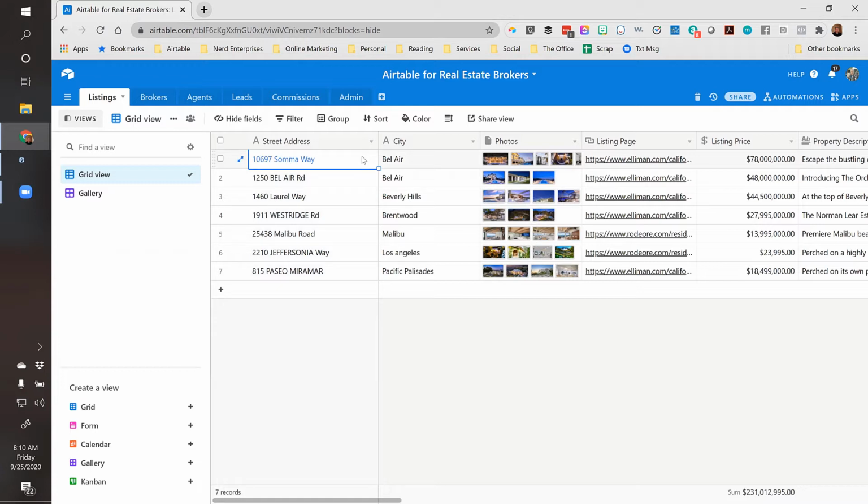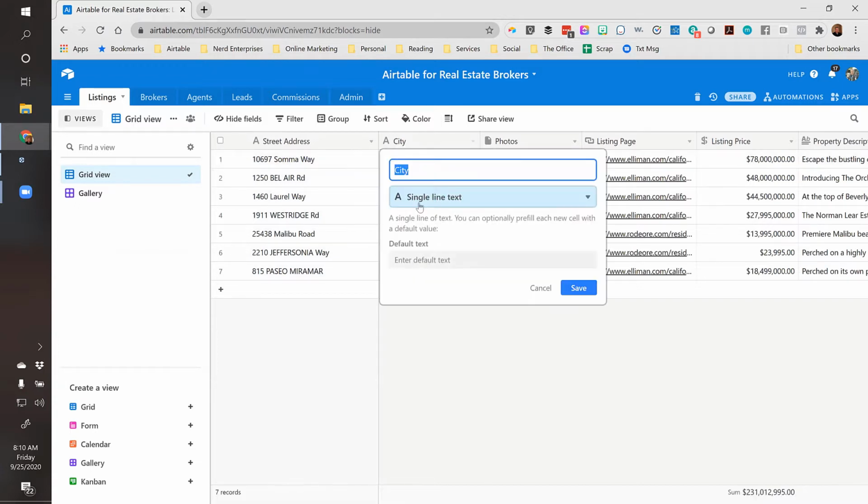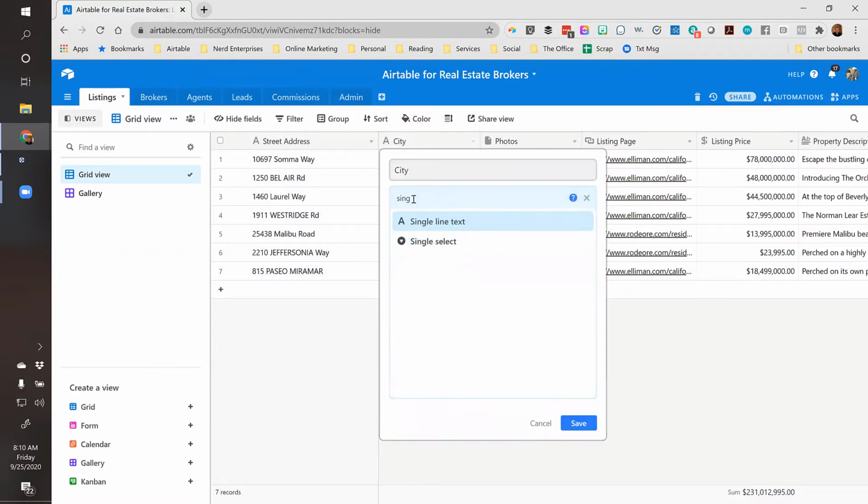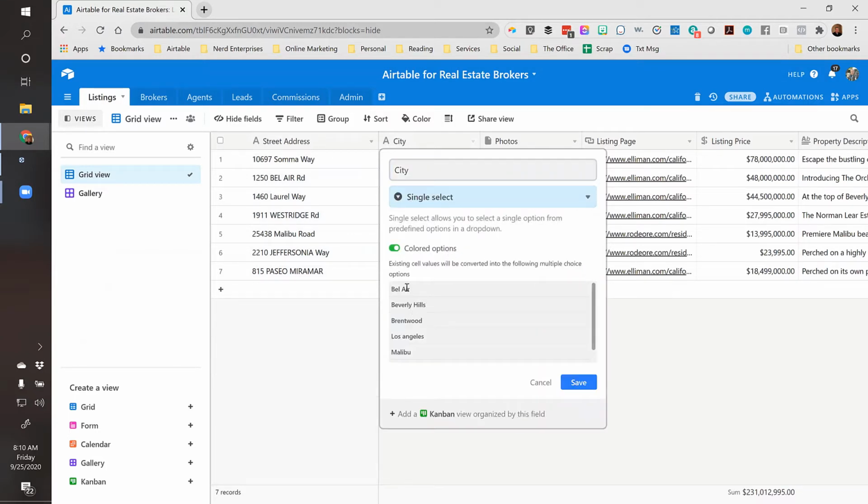So that's where we start. And then, just putting the city in its own thing. What I might even do, and one of the cool things about Airtable is it's pretty smart like this. As I started filling this in, you can see I've created just a generic text type column. I can actually change this to a single select column, and it will populate the existing information that's in there